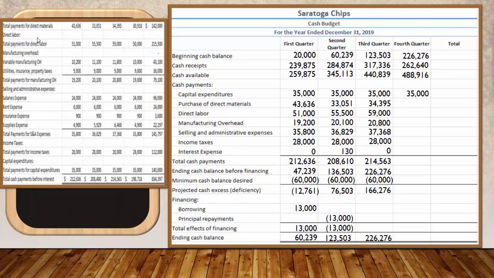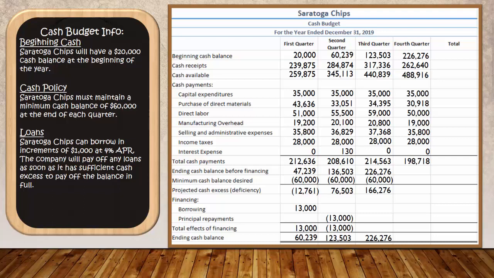We're going to pay $35,000 for capital expenditures in the fourth quarter. We're going to pay $30,918 for direct materials. Saratoga is going to pay $50,000 for direct labor. They're going to pay $19,000 for manufacturing overhead, and they are going to pay $35,800 for selling and administrative expenses. Income taxes are still $28,000, and since we don't have any loans, our interest expense is going to be 0, meaning that our total cash payments for the period is going to be